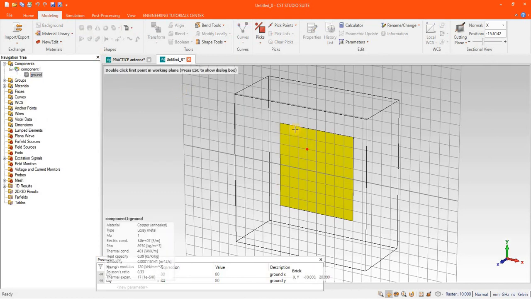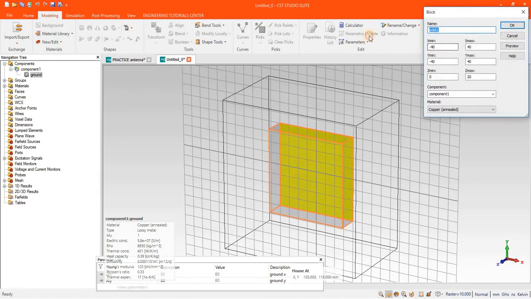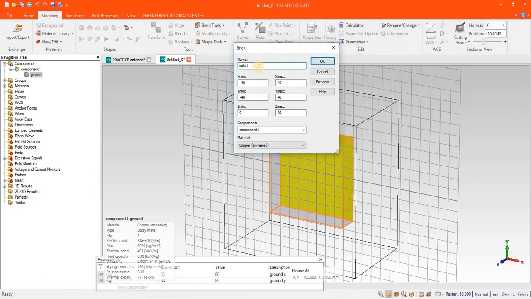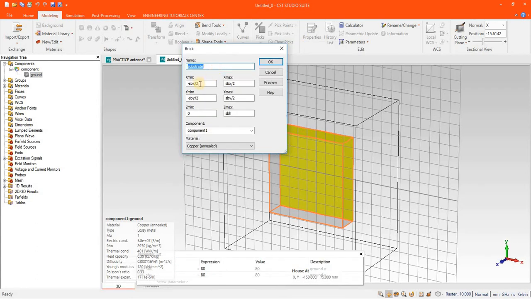Again take a brick for creating the substrate. Now you can see that the same parameters I used, because the dimensions are the same for ground and substrate, the only difference is in height.